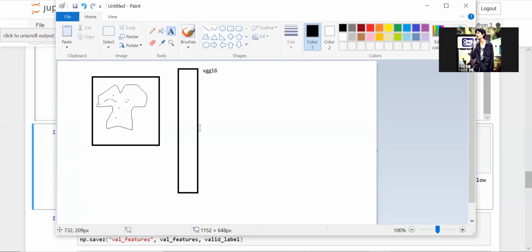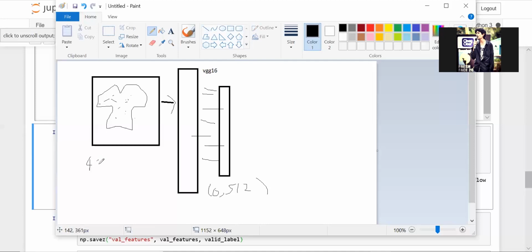It doesn't give an output directly, but what it rather gives is a set of feature vectors for each image, which is what we are getting. So assume this is a single image passed to the VGG16 model. This is the feature vectors it gives, and in this case it is 512. This is the shape of the output feature vector. Input image shape is 48 by 48.